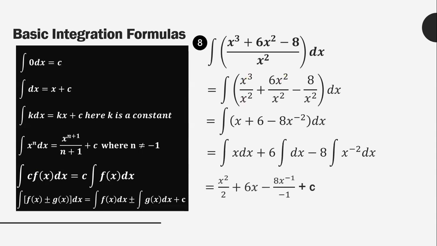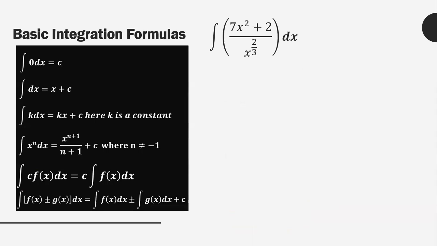So that becomes 1 plus 1 over 1 plus 1. Then in here, 6 integral of dx is 6x. And then negative 2 plus 1 over negative 2 plus 1 becomes x raised to negative 1 over negative 1. Simplifying, we'll get x squared over 2 plus 6x. Then we multiply negative and negative, so that becomes positive. And when x raised to negative 1 goes down, it becomes a positive x. Okay. Then do not forget your constant of integration, which is plus c. I hope you understand.